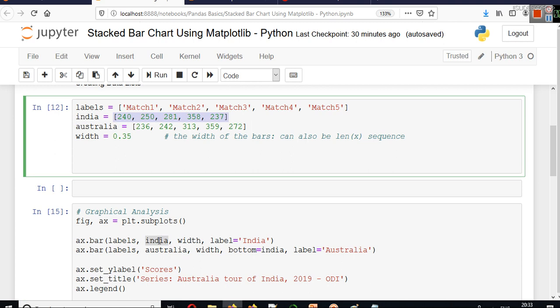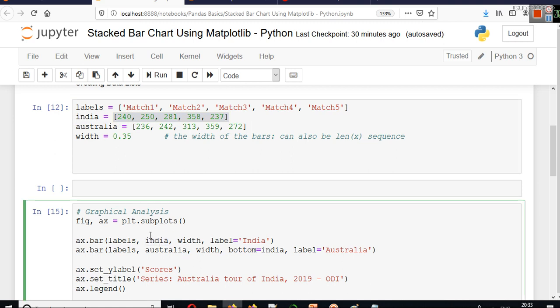So this second column represents height, so we can put it like this. So we write ax dot bar here. The first column is the labels that you want to see on x-axis, and second thing is height of bars. Then we have width of bars, and then we have the label, the legend that you want for this bars, what name you want to show.